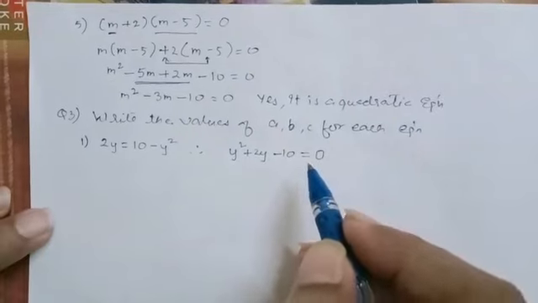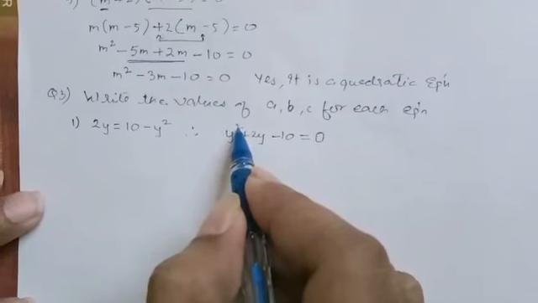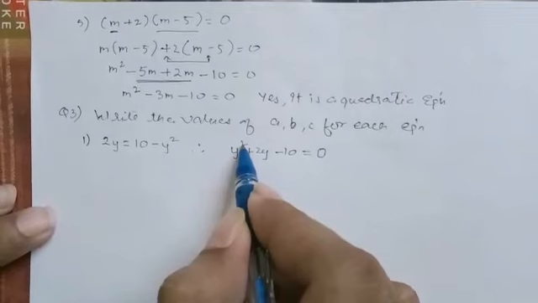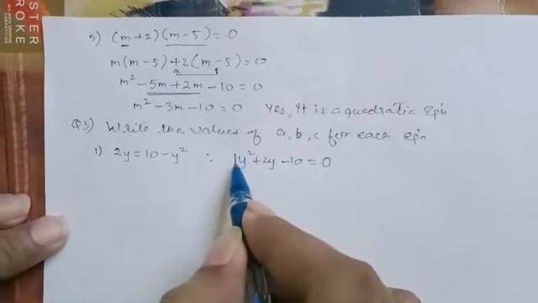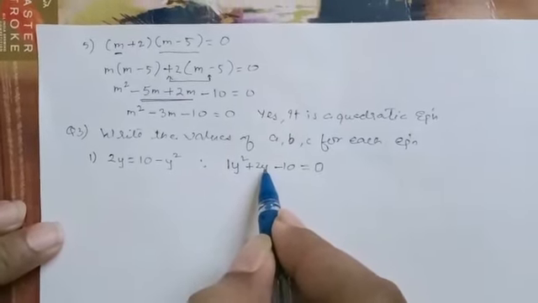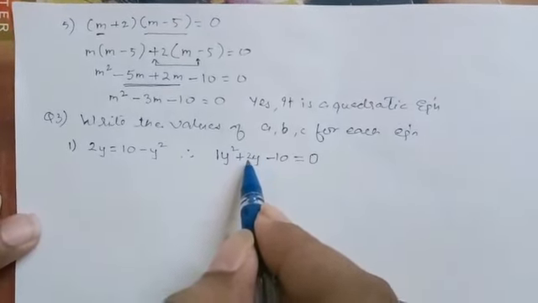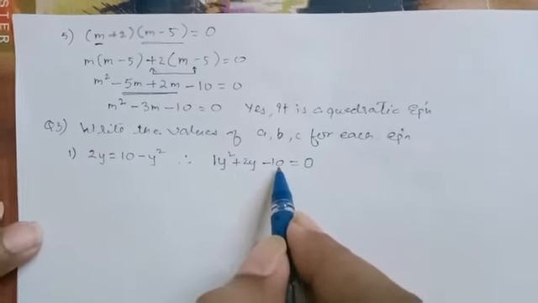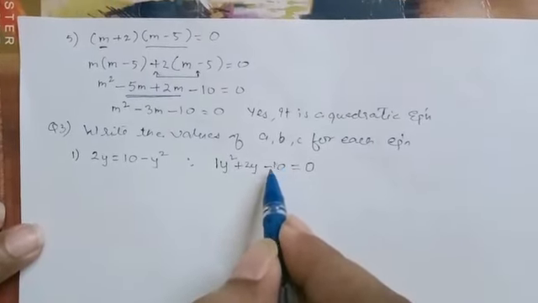Now the coefficient of x square, y square or x square, means the number just before the y square term or x square term. Here there is nothing, that means it is 1. So this is the coefficient of y square. Coefficient of y is again the number written just before the y term or x term, and here it is 2. And this number doesn't have any variable x or y, so it's a pure number, so we can say that this is a constant.